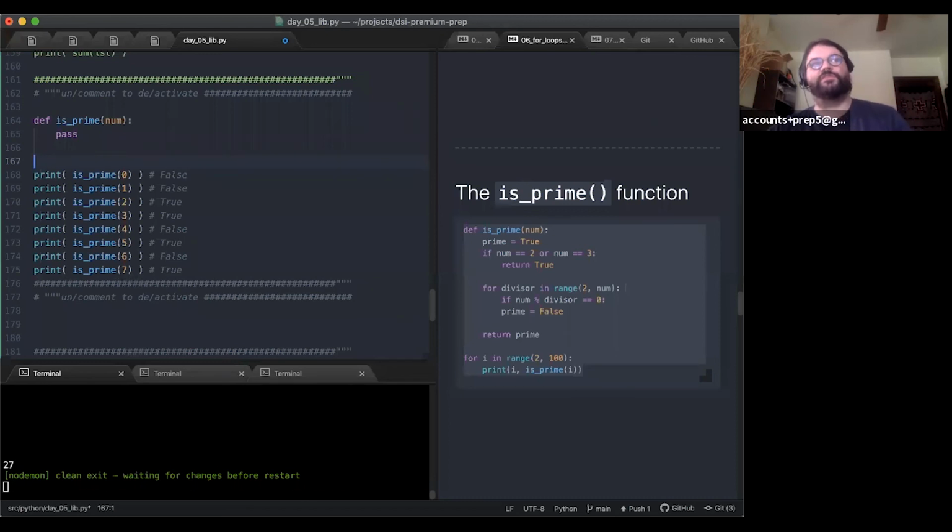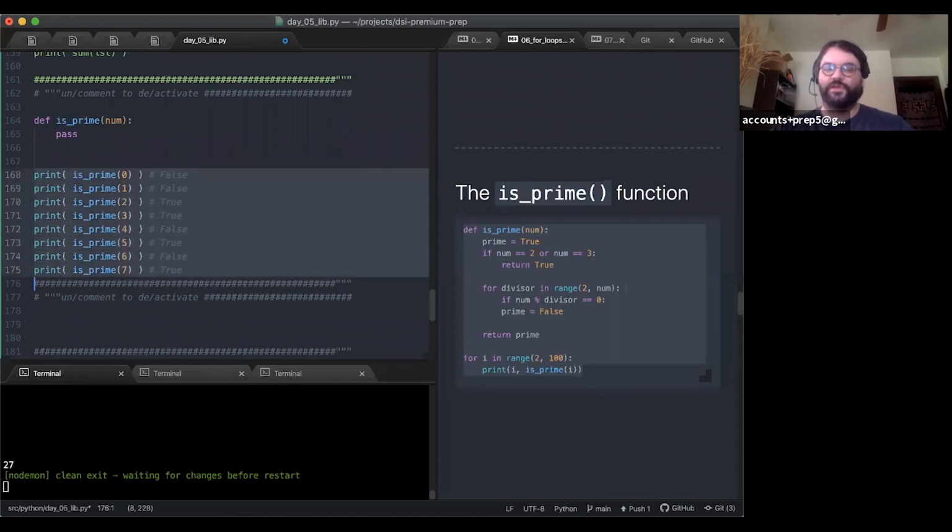So for those of you who don't know, a prime number is a number that has no other whole number factors other than itself and 1. Everything divided by itself is 1. Everything divided by 1 is itself, right? So 1 and n are always factors of n, whether or not that number is prime. But a prime number has no other numbers that divide evenly into it.